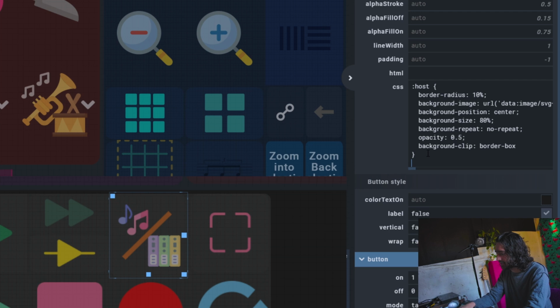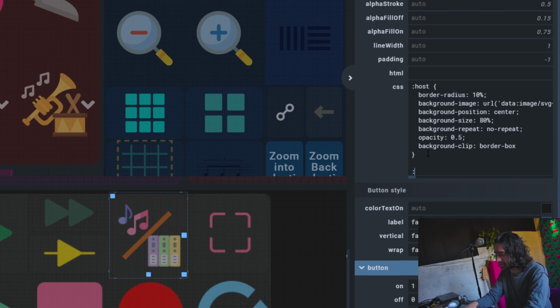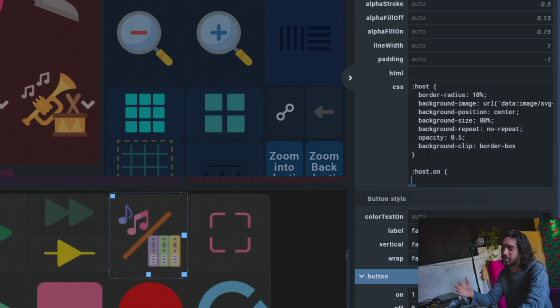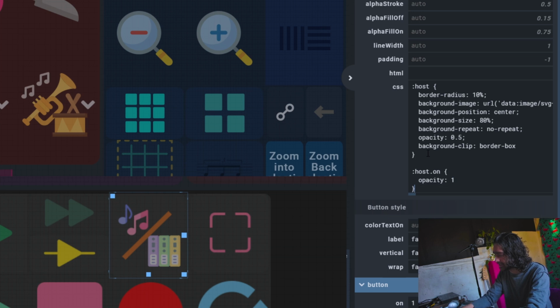Now, after you've done that, you can also do this extra thing, host on. So when you write that, it means every time you click on it, you will get whatever you put into here. And what I'm putting into here is opacity. The opacity changes to 1. And that's it. That's all I want to do. So now when I click it,